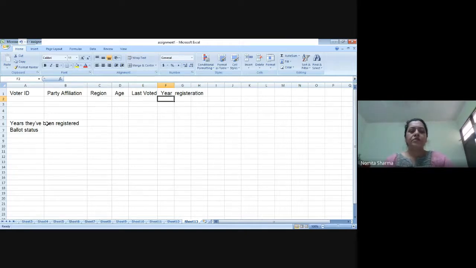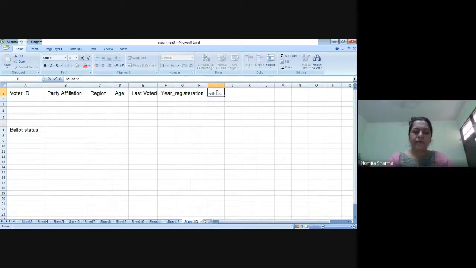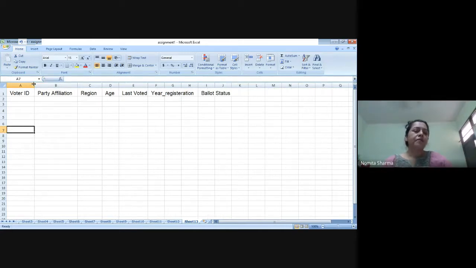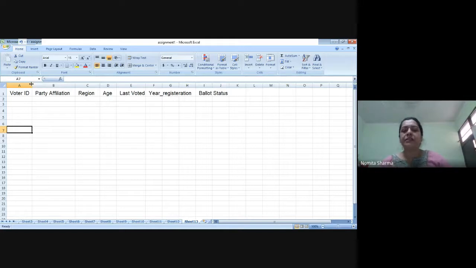Okay, and then we have the ballot status. All right, so this time I have made it quite big so that it's easily visible, the font size and even the column width and the height. All right, so let's get going.